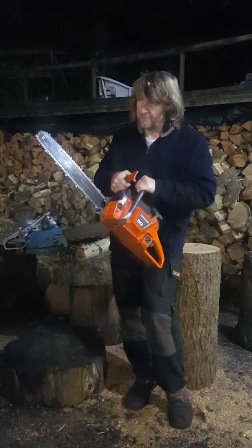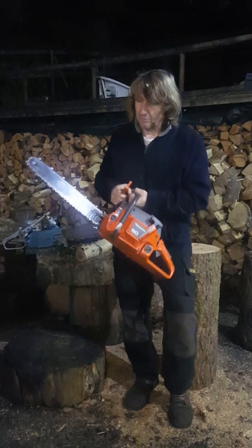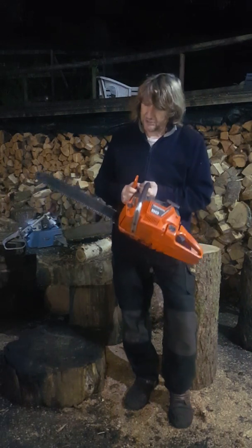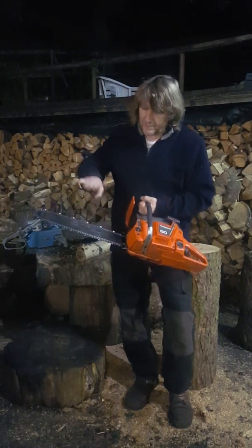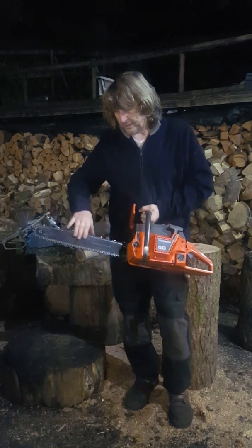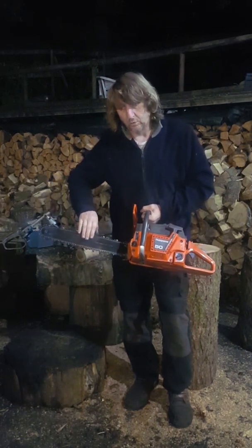This saw had a very interesting history from its previous owner, and they barely used it whatsoever, and I've never cut with it. It just filled a gap in a collection, and there were a couple of things that were unusual about it. One was that trying to get one with an original guide bar on is really, really difficult, and the significance of having the original guide bar was that